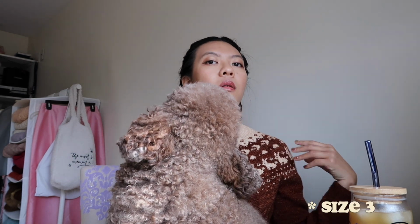I knit the size, I think I knit size 1. I will double check and put that here in case it's different. But I really like the fit of it, and I do like this lighter fingering weight. I think I don't have many sweaters in this weight, so it's nice to have